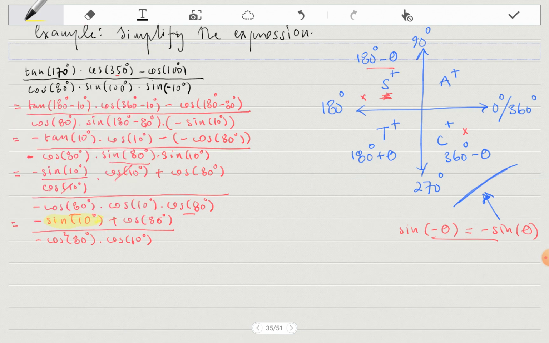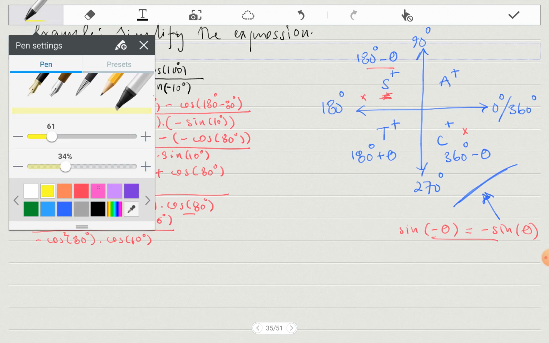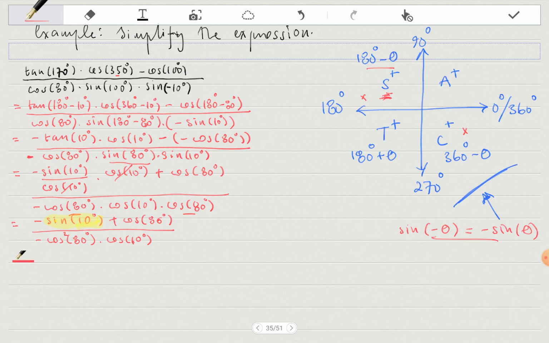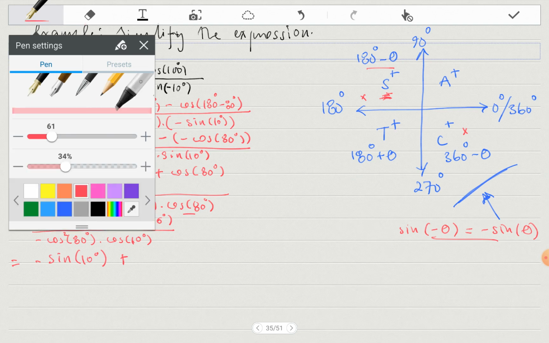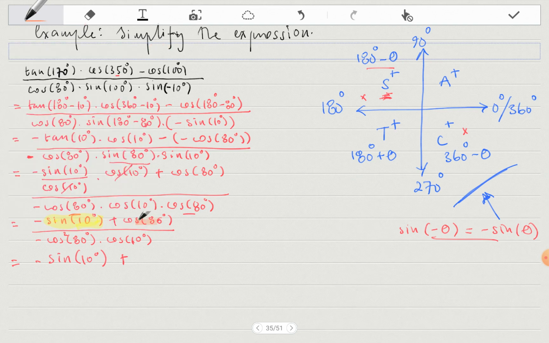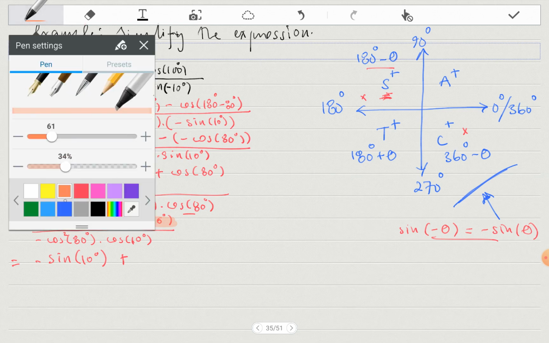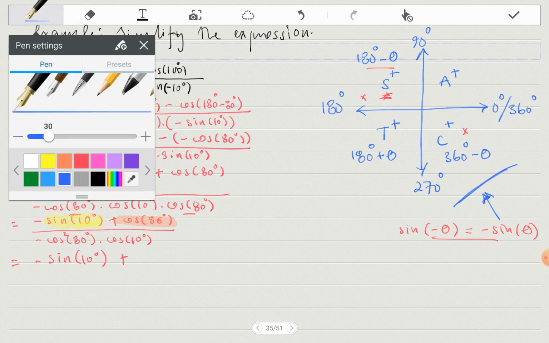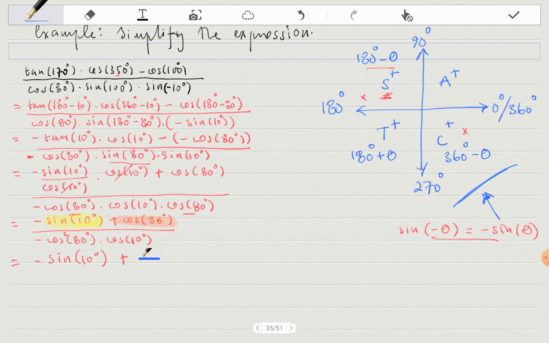If I rewrite minus sine 10 and rewrite this cos of 80, the cos of 80 and the sine of 10 are basically the same thing. So if we write this cos of 80 as sine of 10, we see that it says